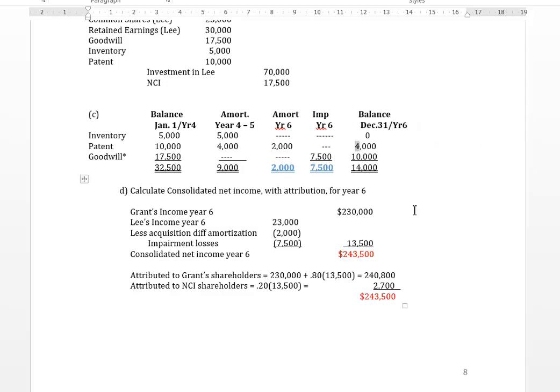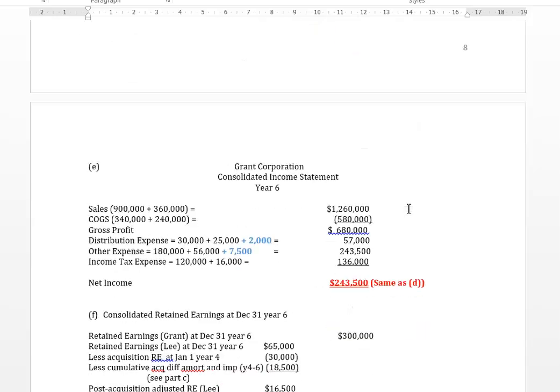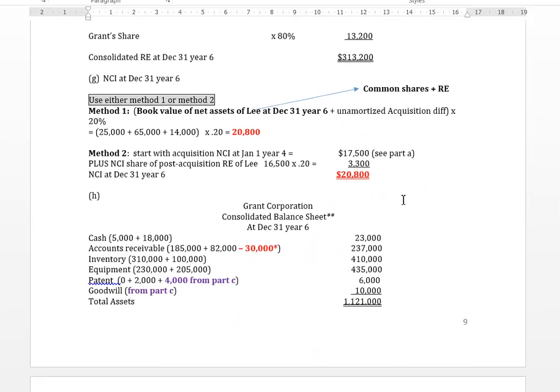That's part of the remaining fair value that needs to be amortized. So don't forget, we have to include that on our consolidated books. So that's going to give us a total of 6,000. Goodwill we already had from the same Part C. That's part of the recoverable amount of goodwill, right? 10,000. So we're going to have a balance sheet here with the total assets adding up to